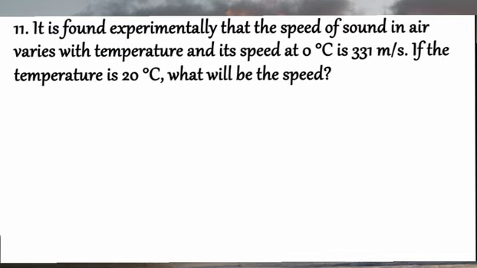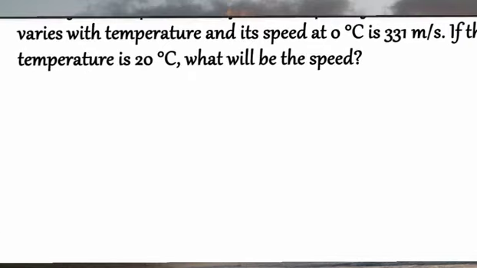It is found experimentally that the speed of sound in air varies with the temperature and its speed at 0 degrees Celsius is 331 meters per second. If the temperature is 20 degrees Celsius, what will be the speed ነው ማለት ስለዚህ እዚህ ላይ በደንብ ማየት ያለብን experimentally the speed of sound in air temperature ሲጨምር ይጨምራል at 0 degrees Celsius 331 meters per second ቢሆን if the temperature is 20 degrees Celsius what will be the speed ነው የሚለን